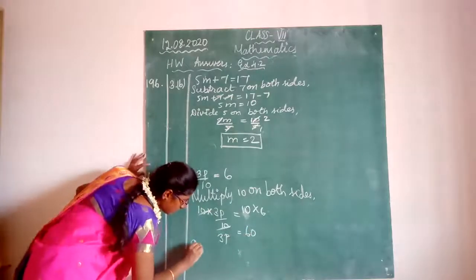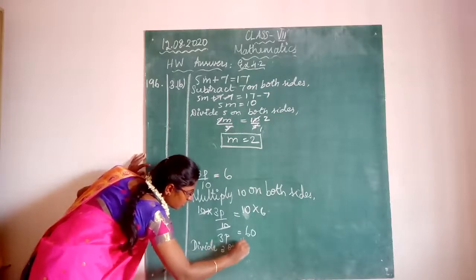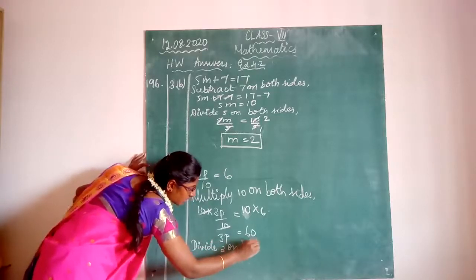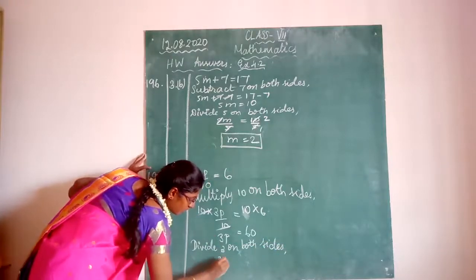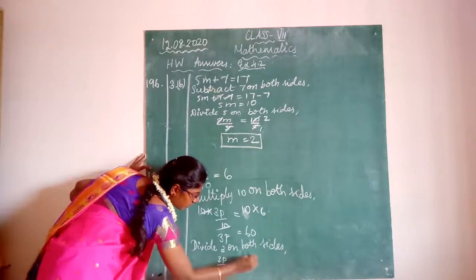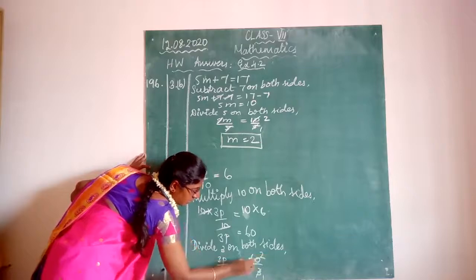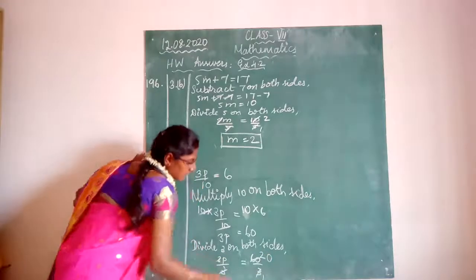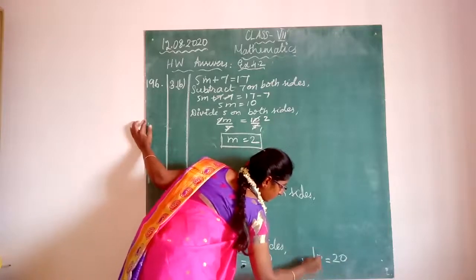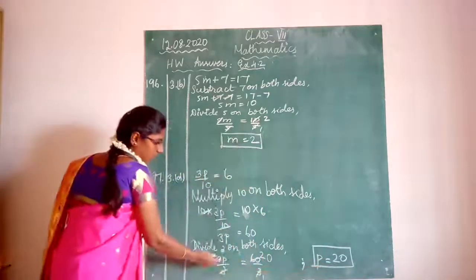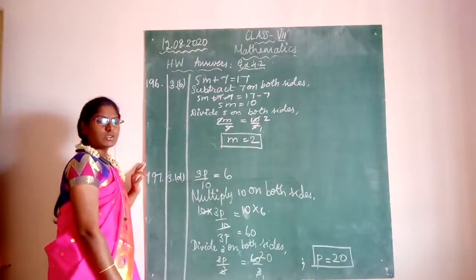So right, next step, divide 3 on both sides. Okay. So what will you get? 3p by 3 equal to 60 by 3. 3 ones are 3, 3 2s are 6 and 0 as it is. 3 and 3 will get cancelled. So the final value for P is equal to 20. Is that clear? This side only P is remaining and this side only 20 by 1 is remaining, that is same as 20. So clear?